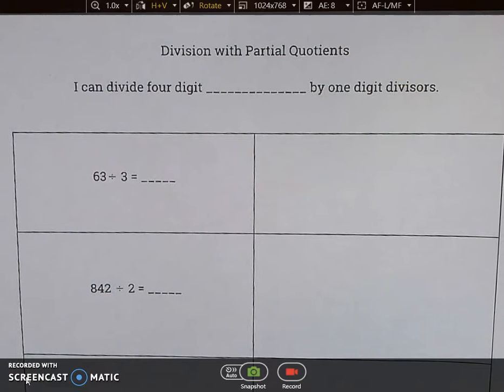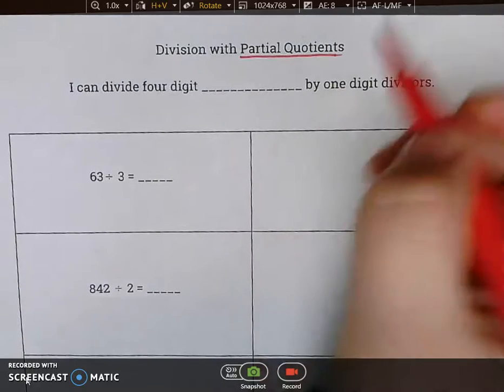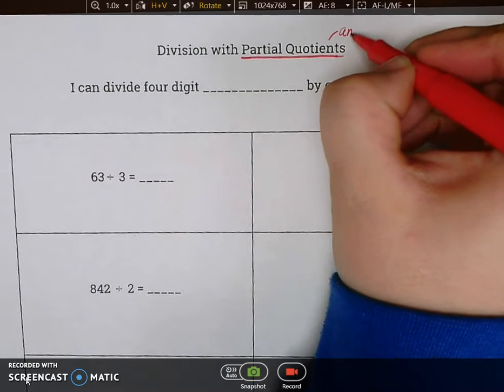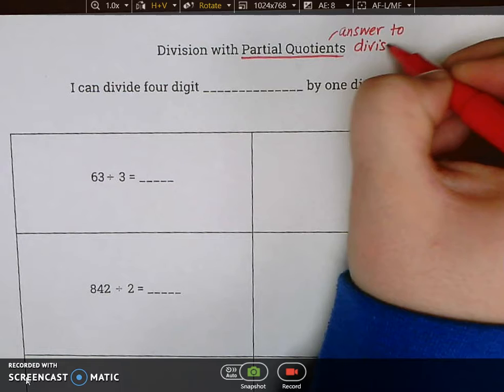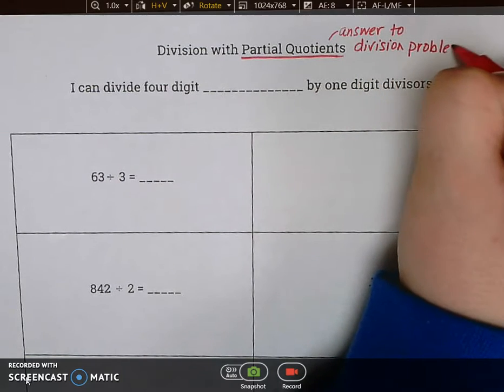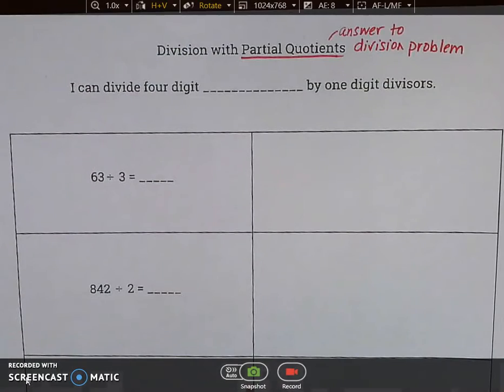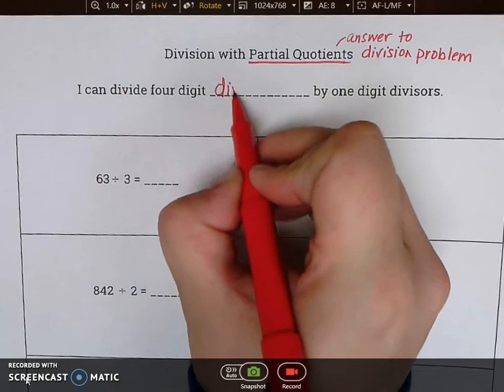Alright guys, in this lesson we're going to talk about how to divide using partial quotients. And remember, quotient is just the answer to a division problem. So partial quotient. Our learning target is I can divide 4-digit dividends